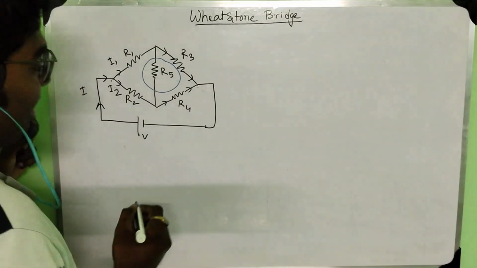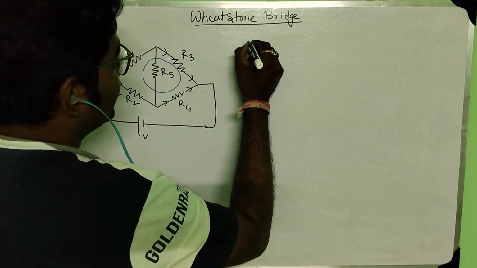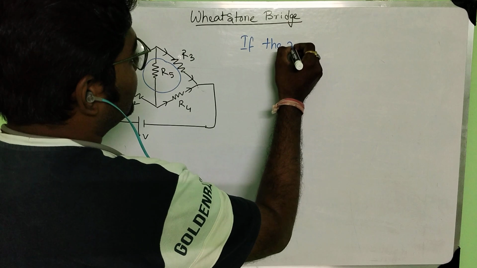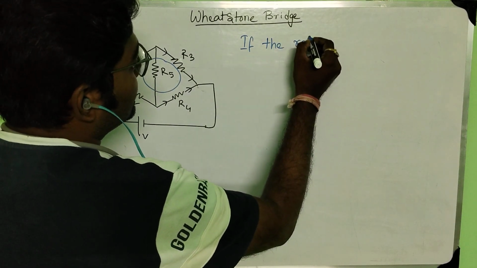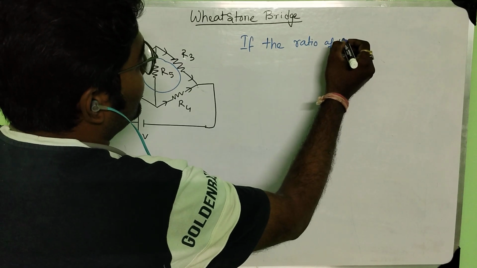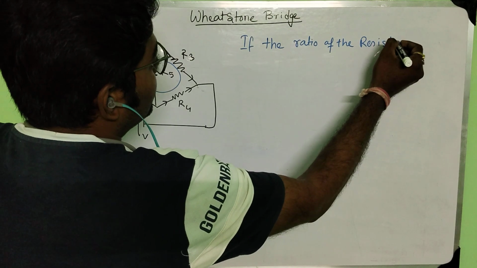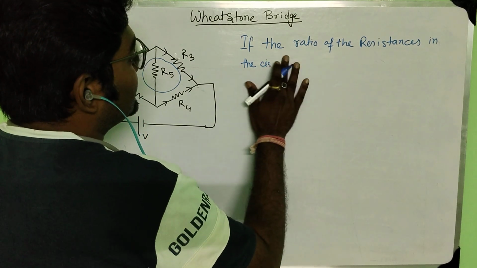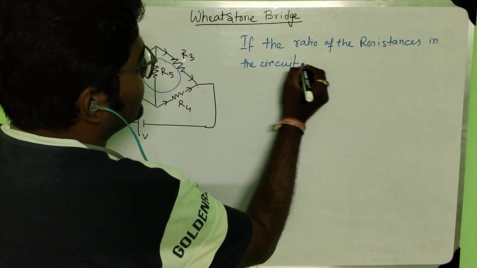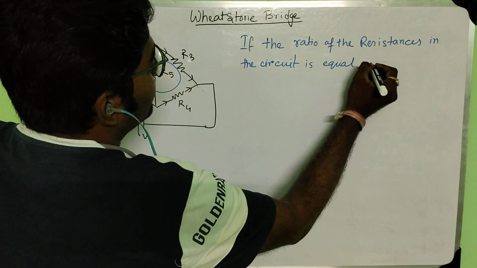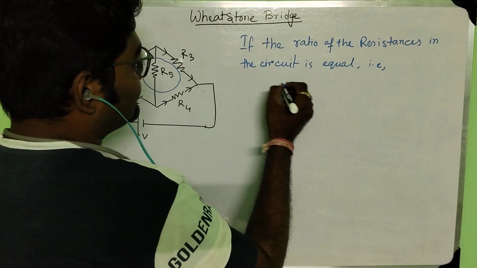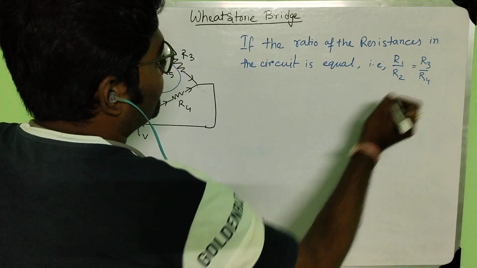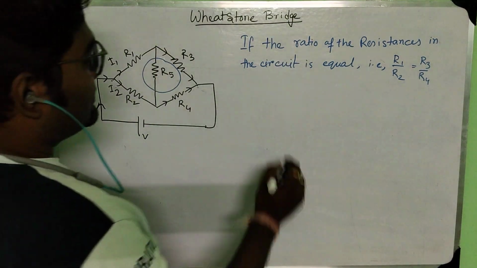Now it is said that if the ratio of the resistances in the circuit is equal, that is R1 by R2 is equal to R3 by R4,